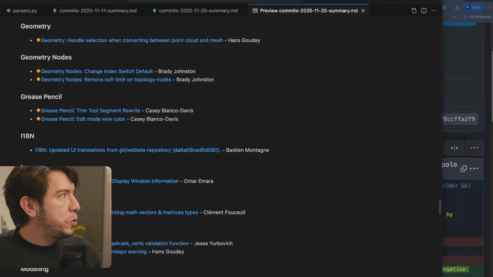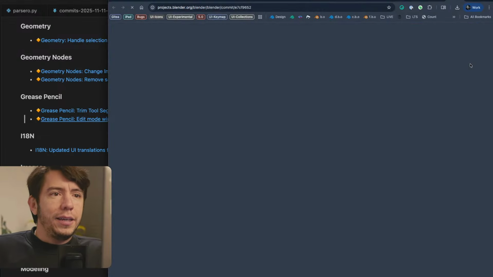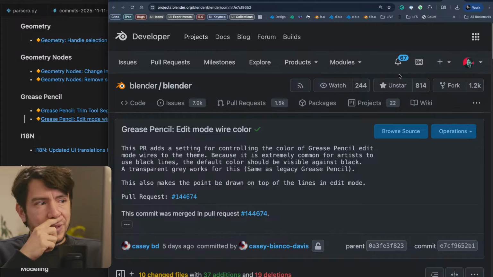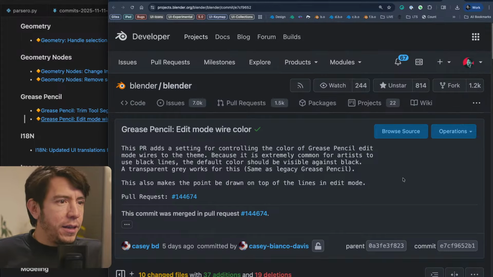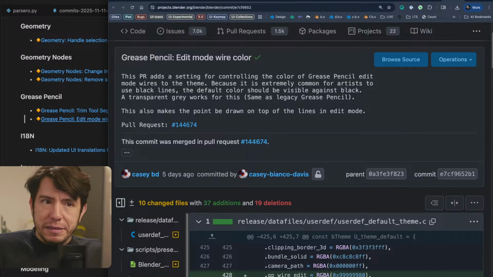Let's move to G for Grease Pencil. Two changes. One is very straightforward. It's a setting that used to be there, but it wasn't very clear. Grease Pencil objects have a very particular use. So in Blender, you have a mesh, right?